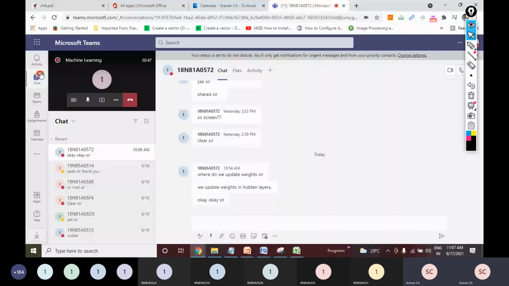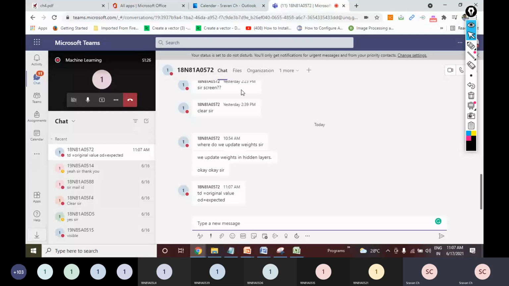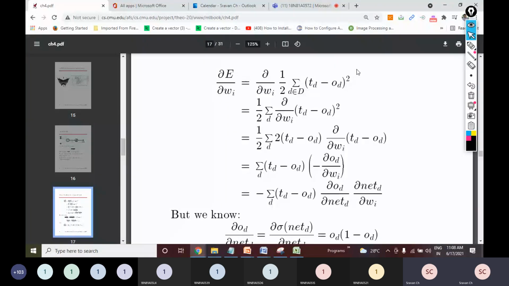When we applied gradient descent, we implemented it also. We have seen an important function called the cost function or loss function. In that loss function, on our training data, we know the expected output also, because the training data's results are with us. If there is a difference between the expected output and what was actually generated, then it is error. So TD minus OD is nothing but the expected value and the original value.